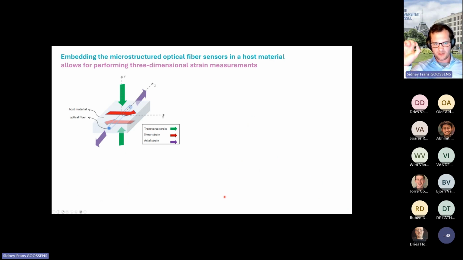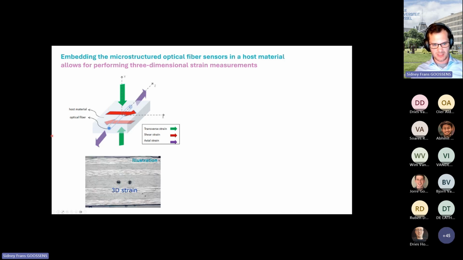The case study that I want to very briefly discuss here is one where we embed the optical fiber sensors in a composite material. You have to imagine that the gray block here is a composite material. We have our optical fiber inside. Most optical fibers, or the standard ones, will be sensitive to the axial strain in the purple direction, but by orienting or by including the microstructure better into the optical fiber, we can also be sensitive to the green direction, so the transverse strain,